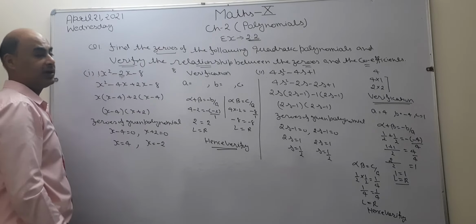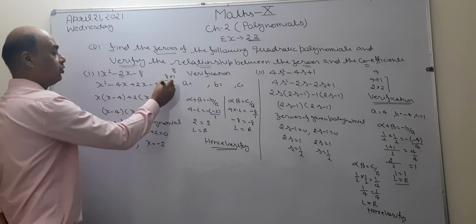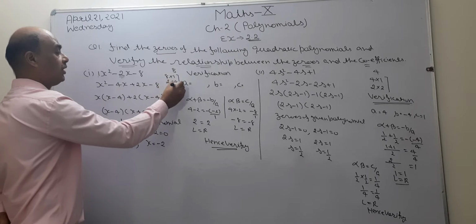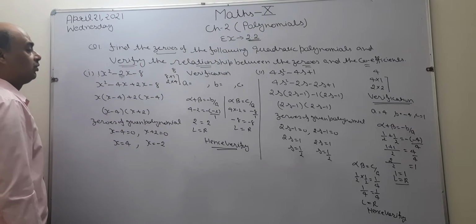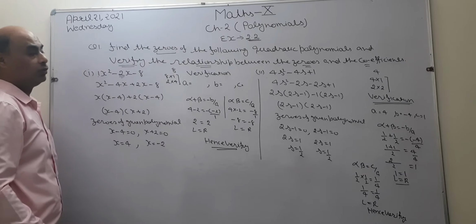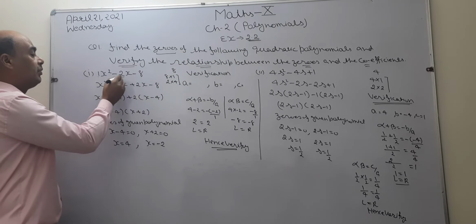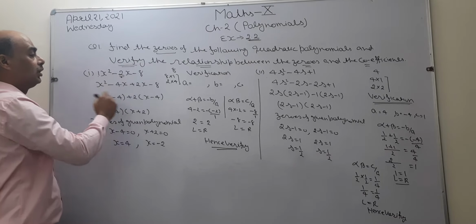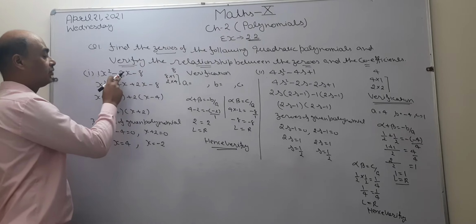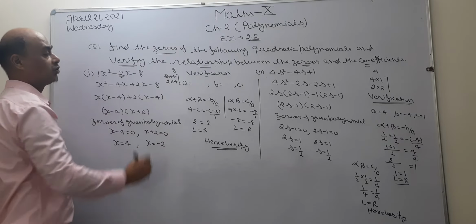Now, I am going to make the factors of this. What are the possible factors of 8? 8 ones are 8 and 2 fours are 8. Only two pairs are there. Now, which one are we going to consider? We take those factors whose multiplication is 8 and sum or subtraction is the middle term. What is the middle term? 2. Now check. 8 plus 1 is 9, required? No. 8 plus 1 is 7, required? No. It means this is not the possible factor.